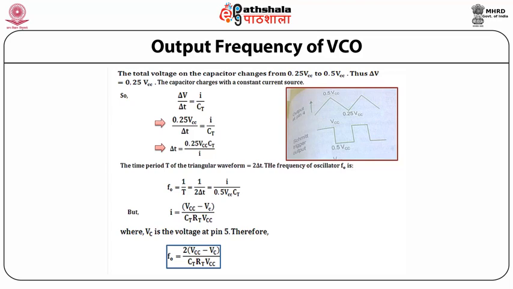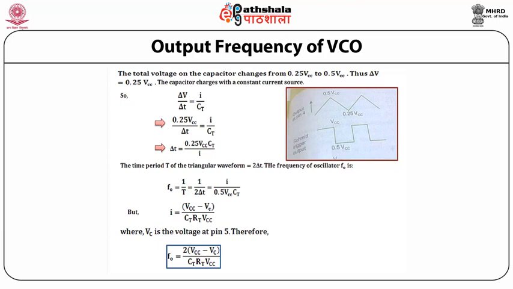So, calculating delta T, we have delta T equal to 0.25 VCC CT by I. So, the time period T of the triangular waveform is 2 delta T and the frequency of the oscillator F0 is F0 equal to 1 by T equal to 1 by 2 delta T equal to I by 0.5 VCC